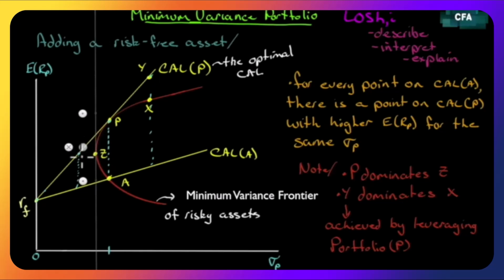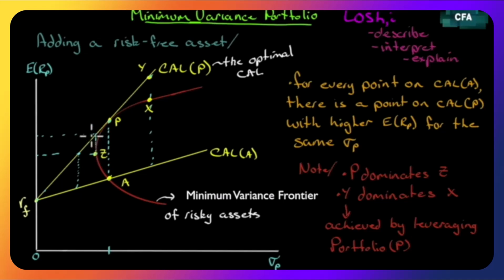If we were going to choose Z as our minimum variance portfolio, I would argue that you should just walk right up to the capital allocation line and choose that point, which is some combination of portfolio P and the risk-free asset. It will give you the same risk as portfolio Z, but notice now that you have a higher return. So that's the power of the capital allocation line, it can show you where to get to, where the optimal portfolio is to do better than the global minimum. When we combine a risk-free asset, we can move up.